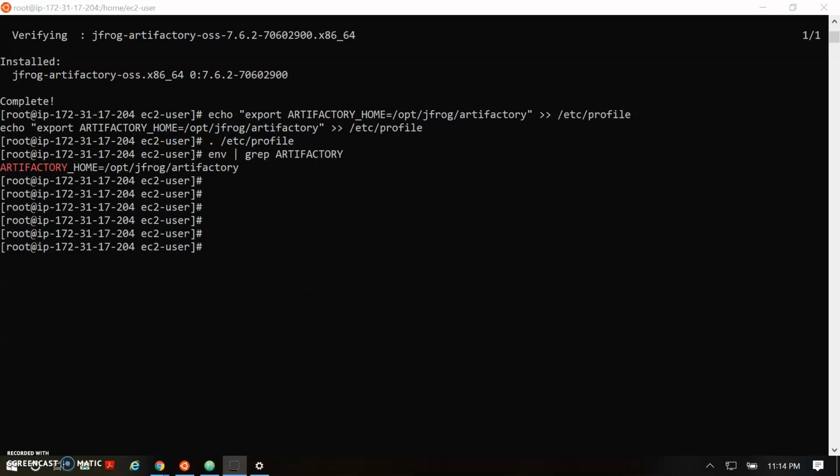So now let's start our service, Artifactory. With a simple service Artifactory start, we'll take the command and we're going to start our service.